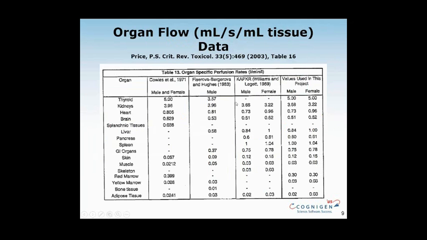The other aspects that we need to scale are also the organ blood flows. So it's not just the tissue size, but also the rate at which the blood is able to bring the drug into the tissue. And again, based on the publications, we were able to find information that allows us to scale or to relate the tissue blood flow to the tissue size.